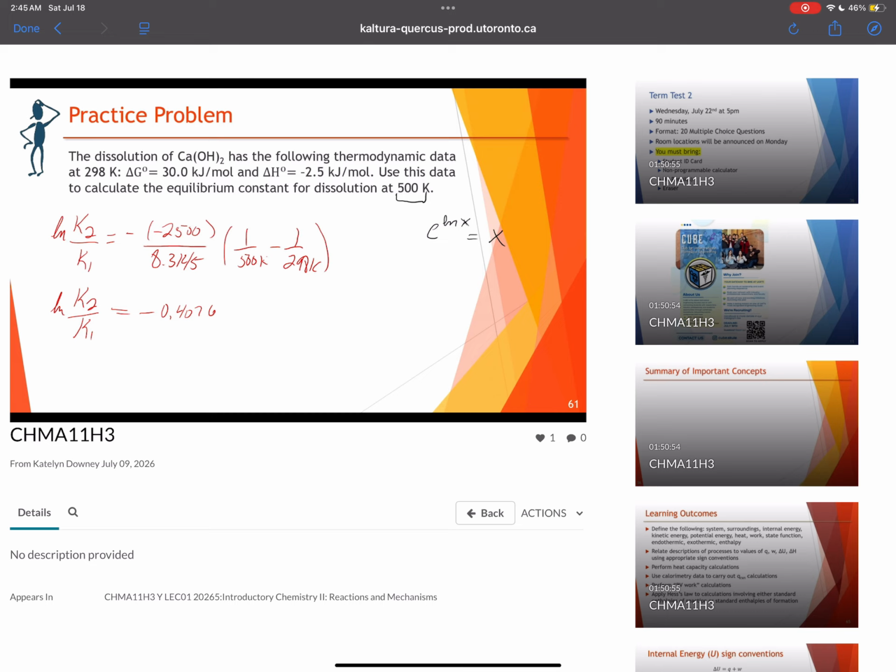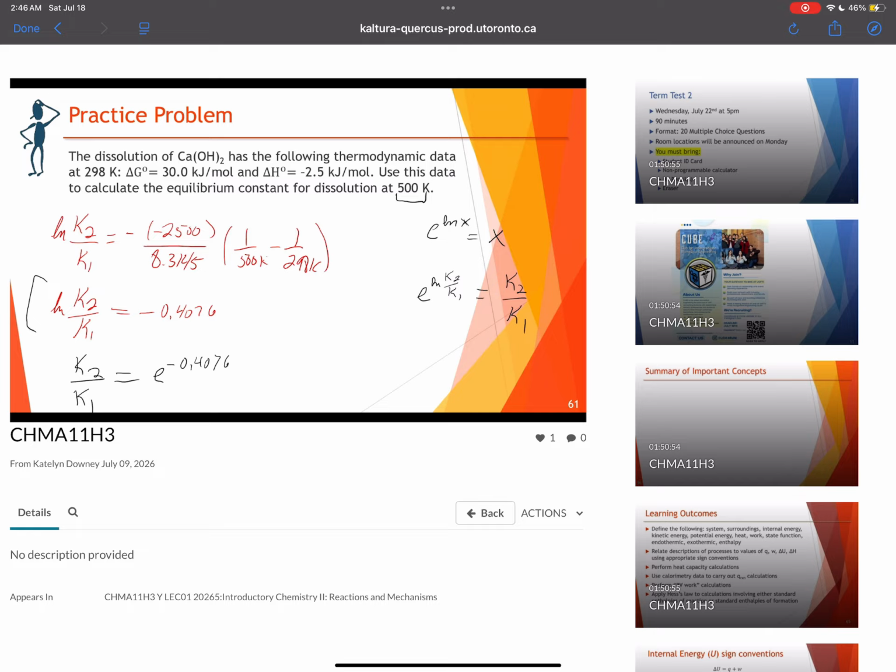Now how does this help us? We're going to take both sides of this equation and raise them to the power of e. Because if I do e to the power of ln K2 over K1, that's just going to equal K2 over K1. But what I do to one side of my equation, I need to do to the other side. So I'm going to raise everything to this exponent. When I raise the left-hand, the ln side, to e, I'm just left with K2 over K1. On the right side of my equation, I'm left with e to the power of minus